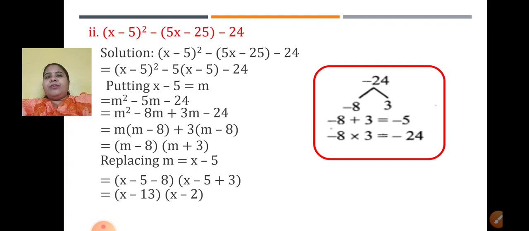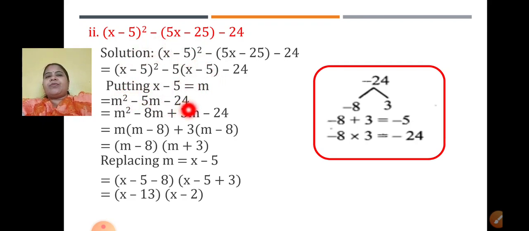It is slightly different from the previous one. What are the different steps that we have done here? The first step itself, as such we can't see anything common in the bracket here. So we are taking 5 out. Only 5. Minus was already there. Again I am repeating this. So 5 is out. So it will be x, 25 divided by 5 is 5. Now see, now I have got a common bracket. Assume it as m. Okay.